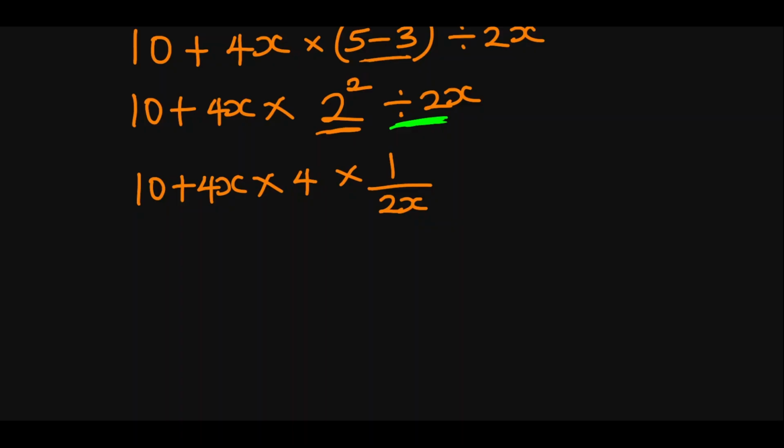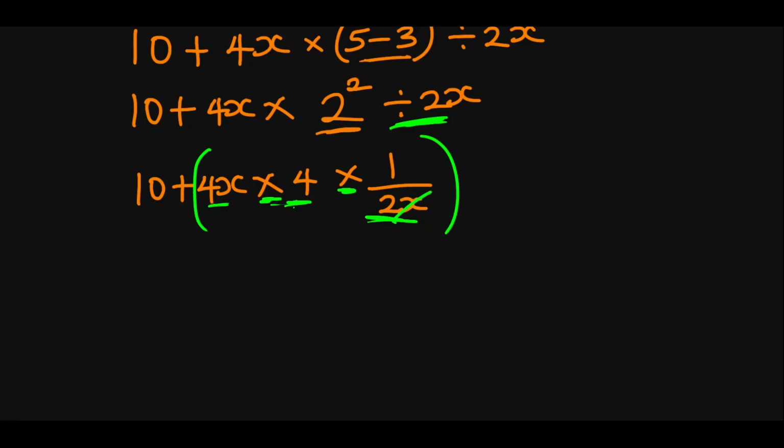And based on that law, we now have to put our brackets to make it easier for us to simplify. So we put our brackets here. Why are we putting our brackets here? Remember, in the main lesson, the multiplication here belongs to this 2x, multiplication here belongs to 4, and each sign belonging to a term, it is the term to the left of it that it is multiplying. That's why we are putting brackets here, to show that this 4x is multiplying this times 4, and this times 4 is multiplying this times 1 over 2.